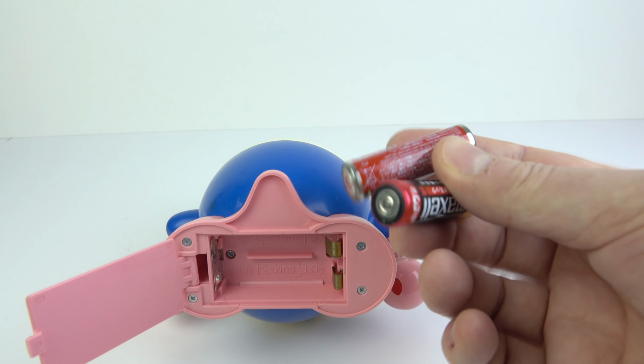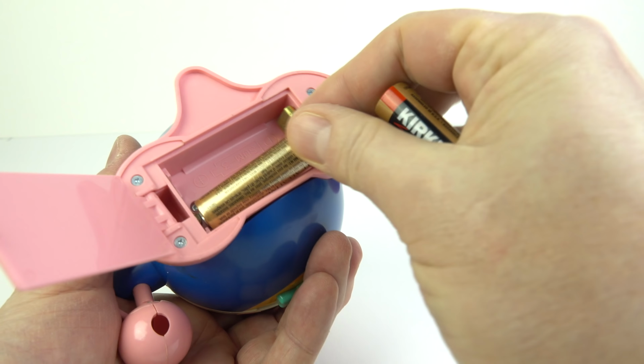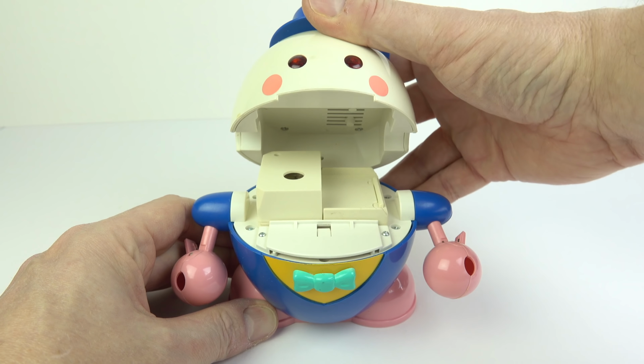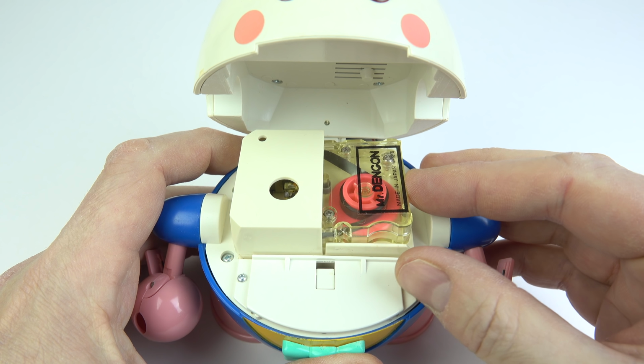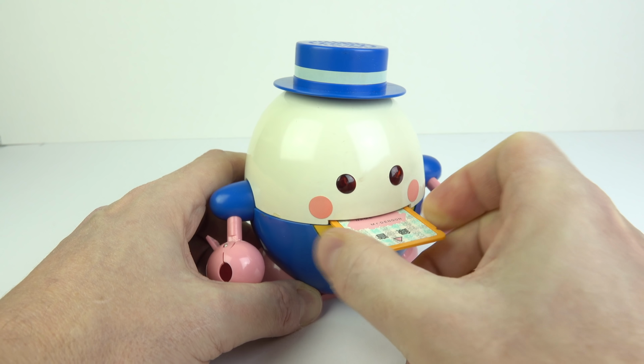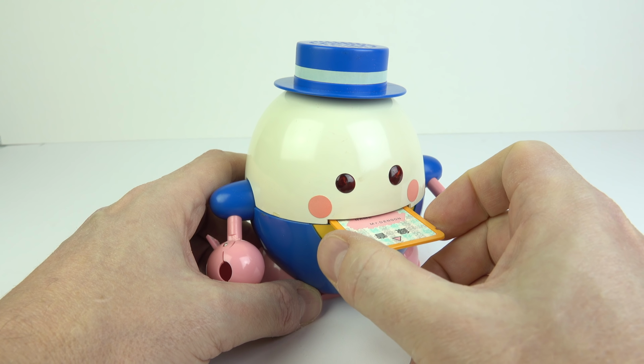So we were lucky there that they didn't leak, but I'll put some new batteries in here, ones that will no doubt leak if I leave them in here too long, but I'll take them out straight after I finish making the video. Let's put the tape cartridge in, have a look at it, and see if we can get this thing working now. So we'll put one of those cards in the front, and now the lights aren't coming